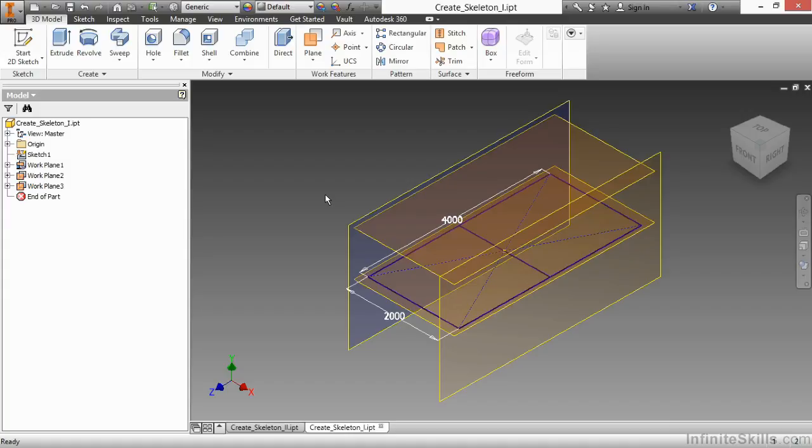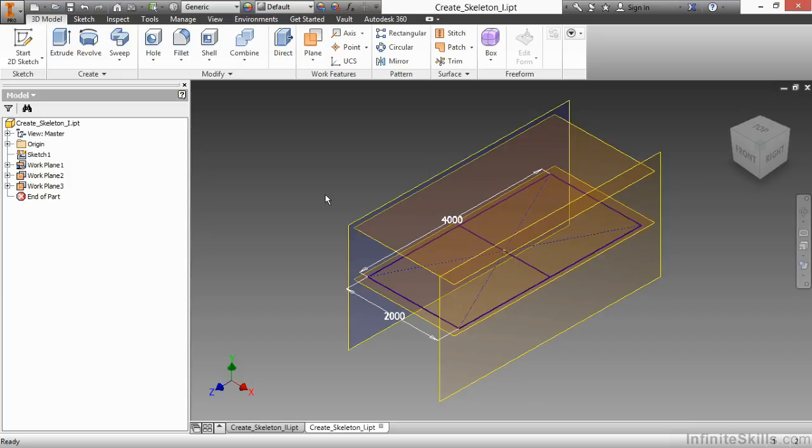In this video, we're going to examine how to create a frame generator skeleton file for utilization for placing in members inside of the frame generator toolset. So to begin with, I have two files open currently, the create skeleton 1 and create skeleton 2 IPTs from our working files directory. And here we're going to examine two different ways on how to accomplish the similar goal